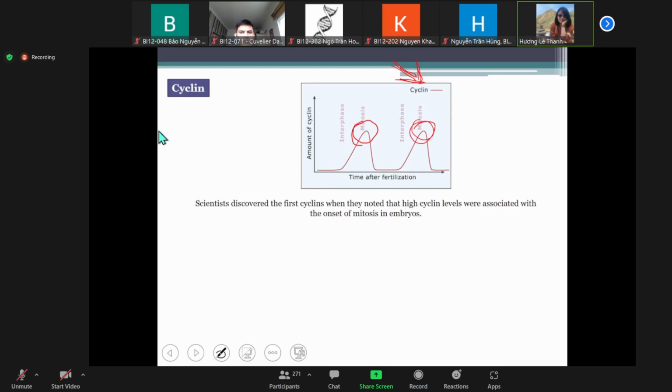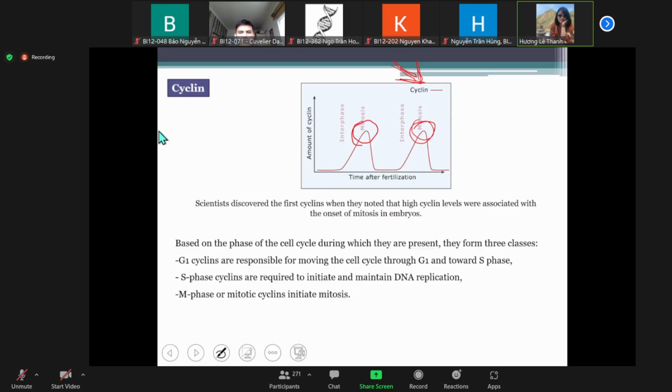Based on the cell cycle and their presence, we have formed three classes. We have G1 cyclins, responsible for moving the cell through G1 to the S phase, and the S phase cyclins initiate and maintain the DNA replication. M phase or mitosis cyclin